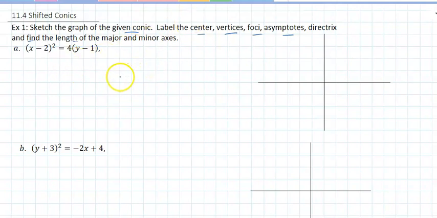So I'm going to show you two ways of doing this. It's up to you. The way I'm going to do this, well, I'm going to solve. That's how the book writes the equations, because of the way they find the standard form is different. We just use, hey, divide by 4 both sides. We just use the traditional shifting of conics from